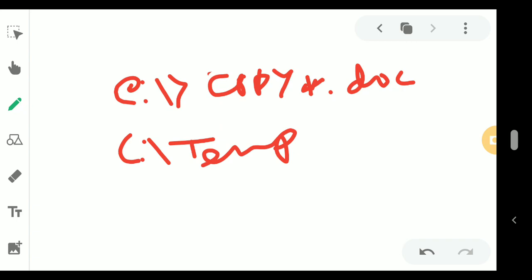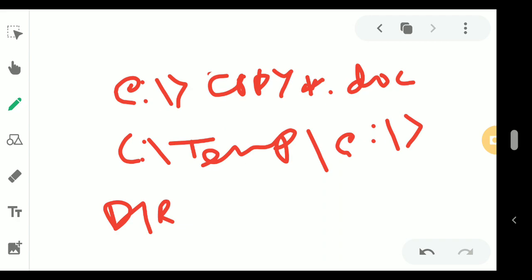Another case is when you know the file name, or you want to copy a particular file but you don't know the extension. So what you can do is a copy, then a slash, then dir, then under d slash, suppose program file I'm finding, star, I don't know what is after that, and dot, then question mark.